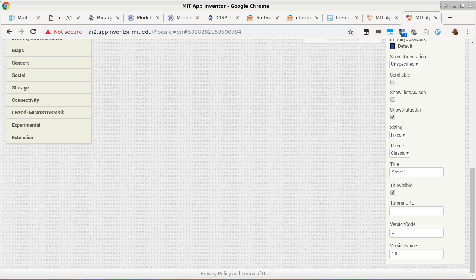Now, how is that different from version name? Version name does not even have to be a number. So you can go to version name and type in RC2. RC stands for release candidate. A lot of times, before something is actually released, out of beta, they will have RC1, RC2, RC3, until the developer feels confident enough to say, okay, now it is an actual release. But version name is what people see. Version code is just an integer, it just keeps incrementing. But you have to do that.